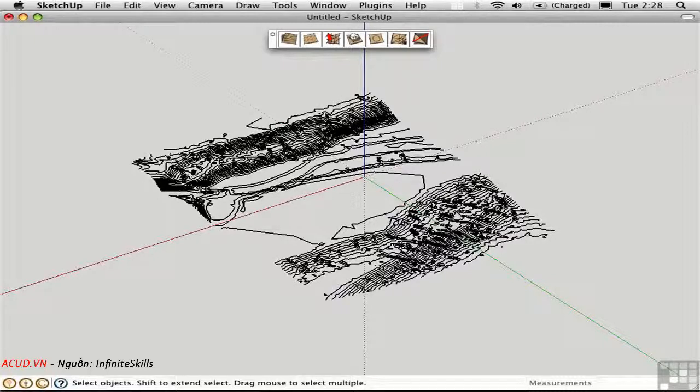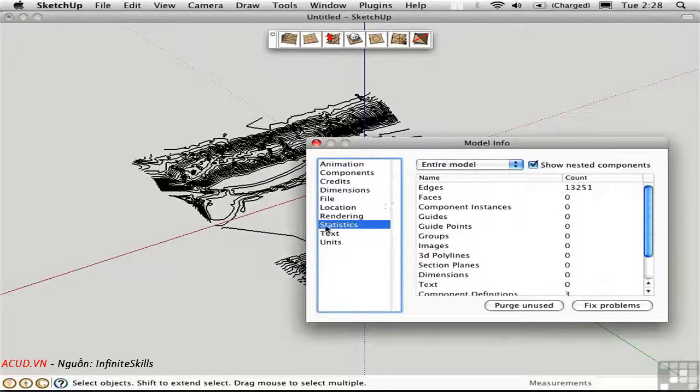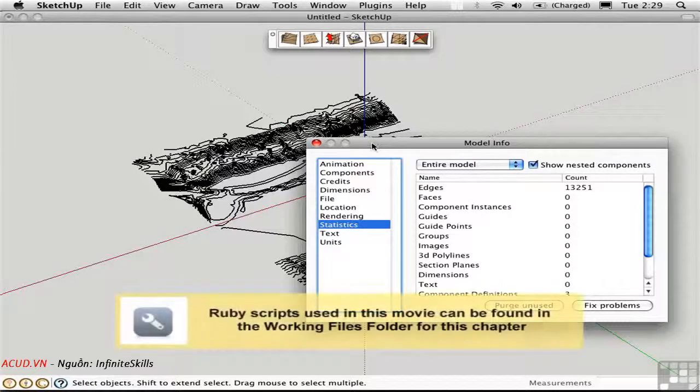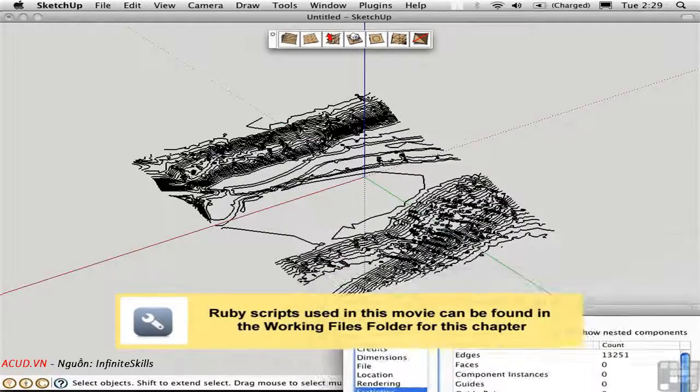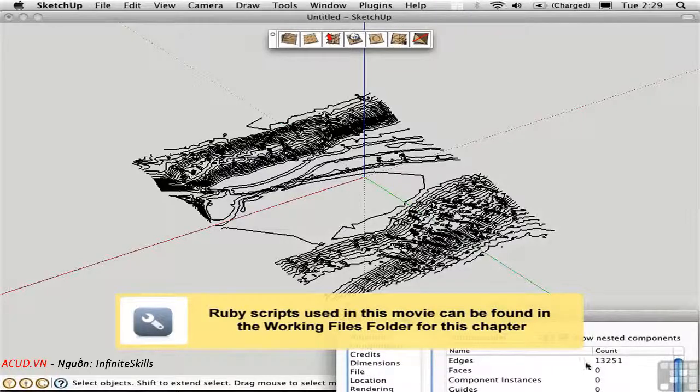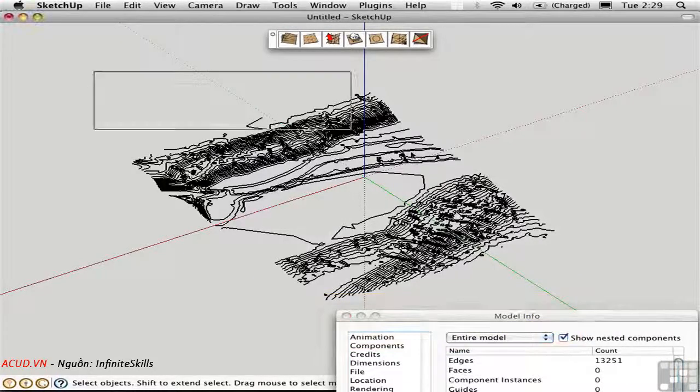Let's just take a look at Model Info under Statistics, and you'll see that we have over 13,000 edges, a pretty high number here. I'd like to reduce that count prior to creating a landscape surface. To do that, I'm going to rely on yet another Ruby script called Simplify Contours, which was also written by Google. I'm just going to drag this down out of the way so we can keep an eye on the edge count. Then I'll select everything